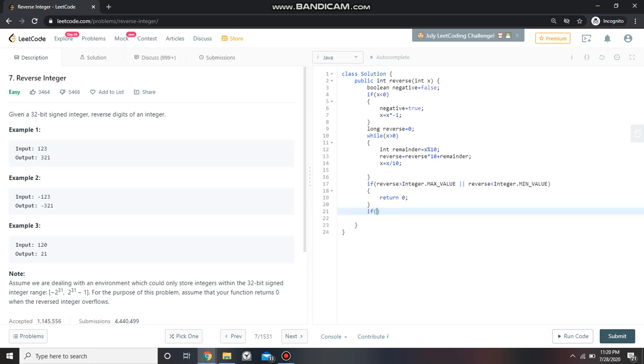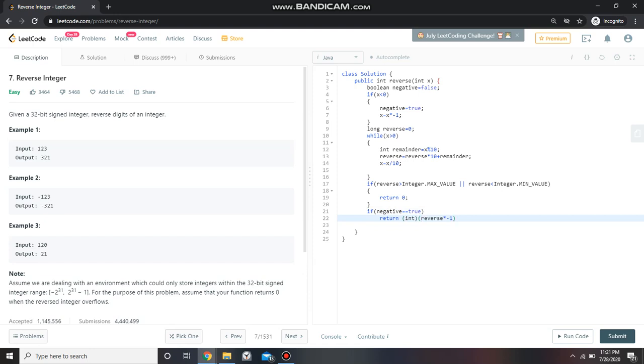Now we check if our flag was turned true, like if the number is negative which is provided to us as an input. So if negative is equal to true, then we return, first we'll pass the reverse into int, we'll return reverse into -1.